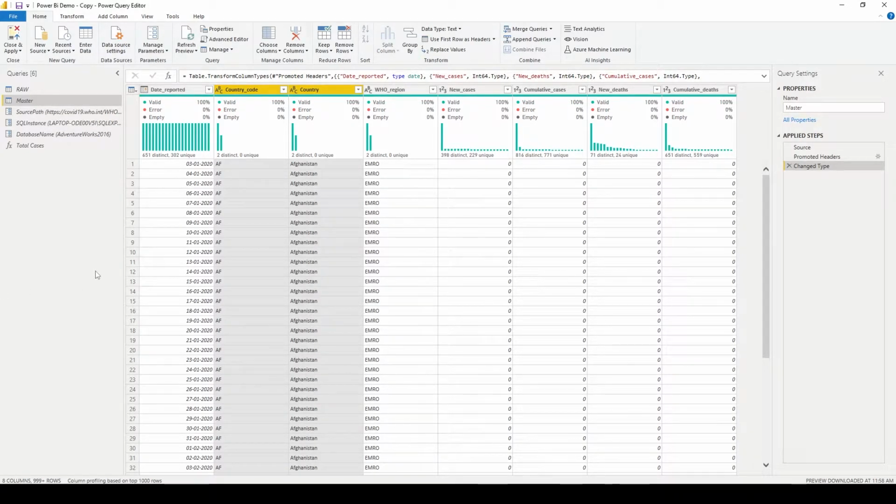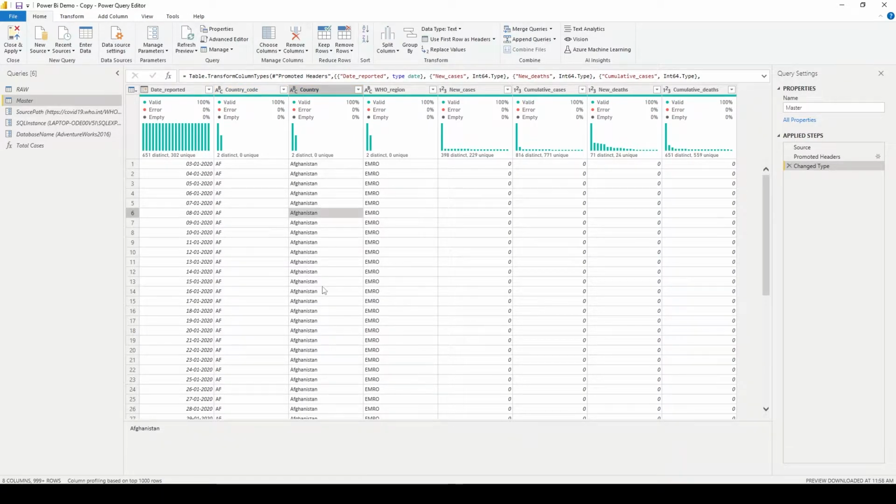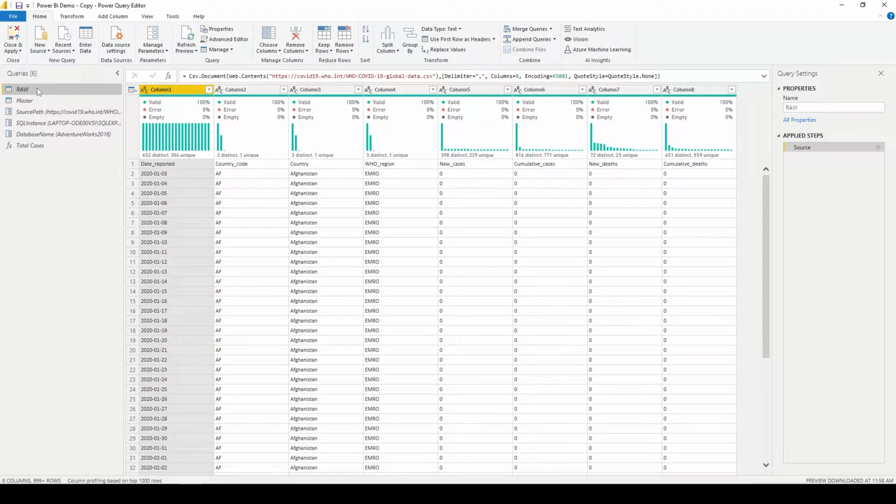Okay, now let's create star schema. Okay, let's model this data into a star schema. So for a star schema we require one fact table and multiple dimension tables. So what we are going to do is, as you know, I have already created this table which is actually